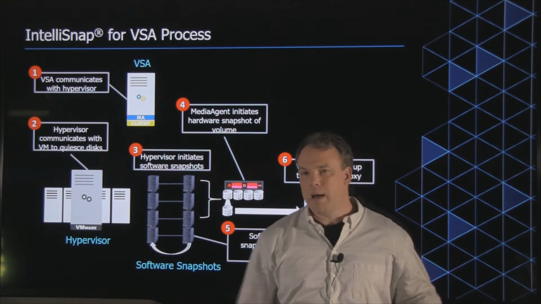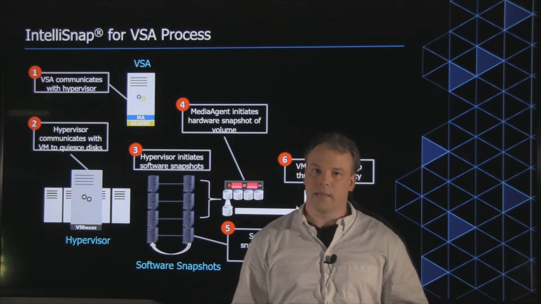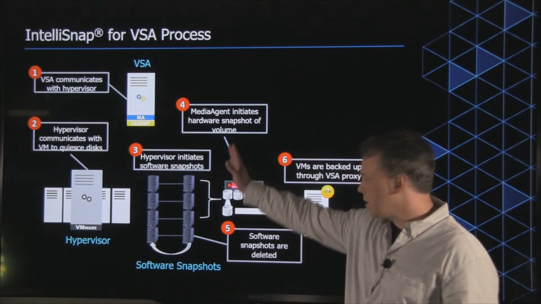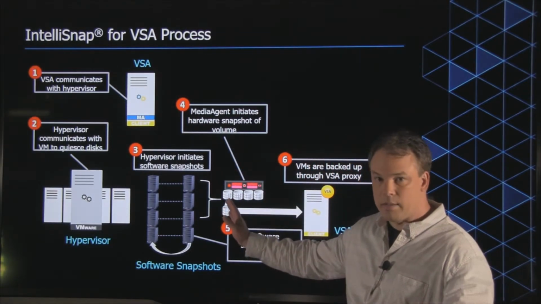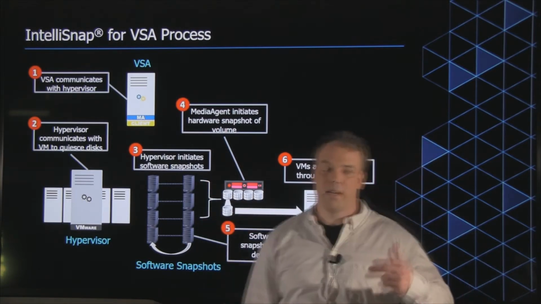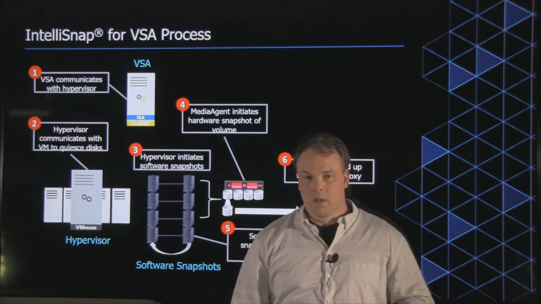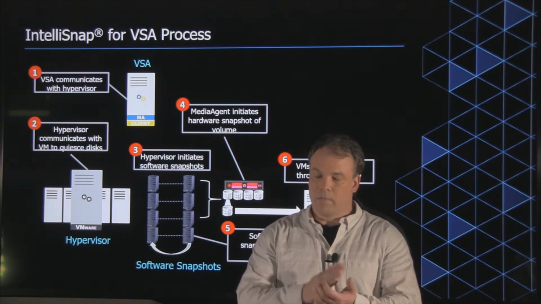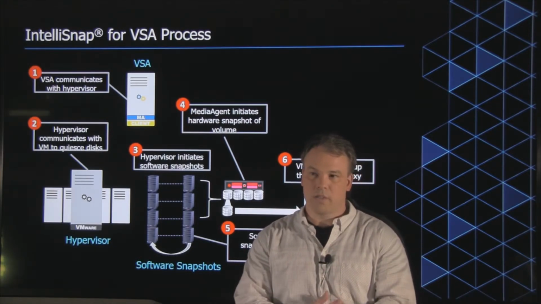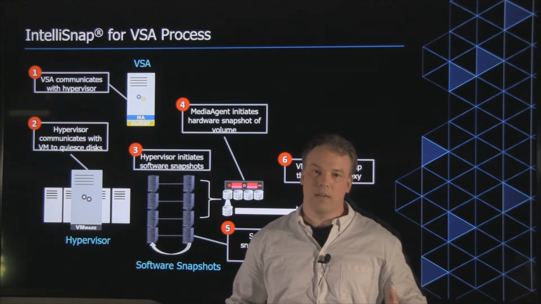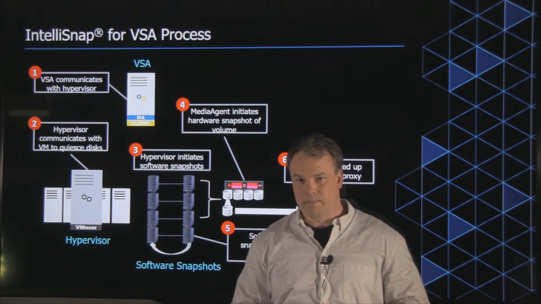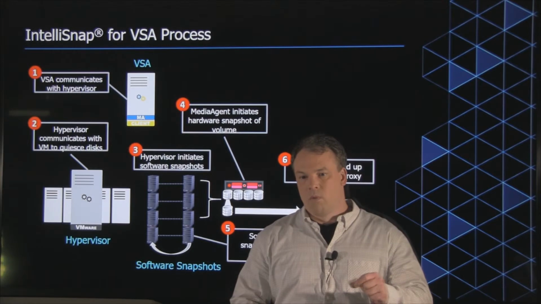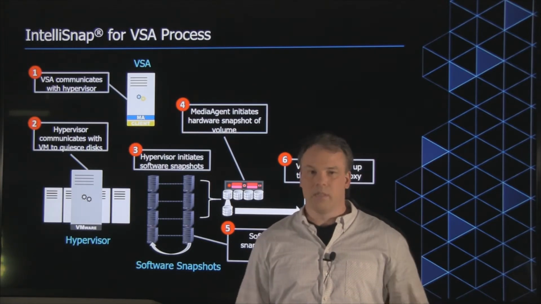So keep this in mind when you're defining your subclient contents. You could define it based on the entire data store. You could do that. That's fine. Or you could identify individual VMs. You have the option there, but you don't have to necessarily make sure you do the quiesce and the software snapshots of every VM sitting in the data store, only the ones you need to back up. So what about those other 15 VMs? This is one of the best